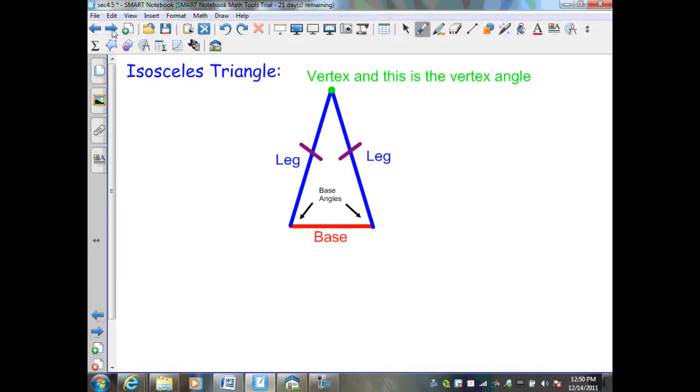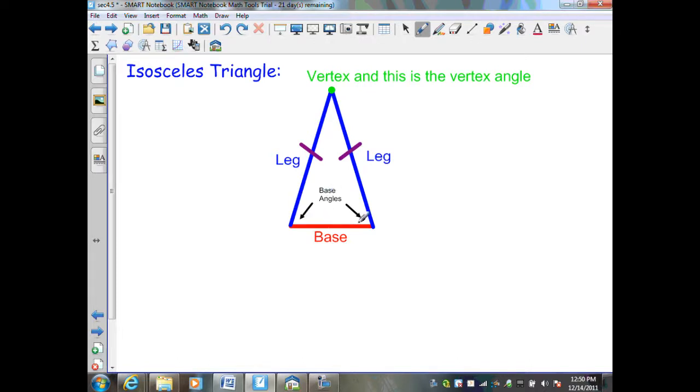Here, we have an isosceles triangle, which is defined as a triangle with two congruent sides. I have the sides identified with tick marks that show that they are congruent. The congruent sides are labeled as legs. The other third side of the triangle is known as the base, so the base and each leg generate what